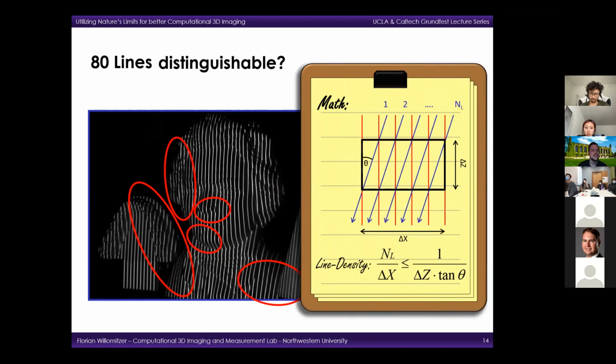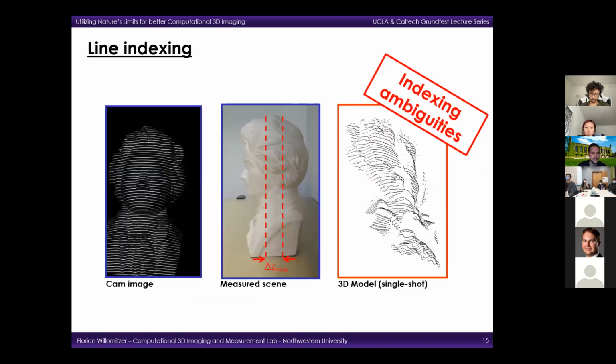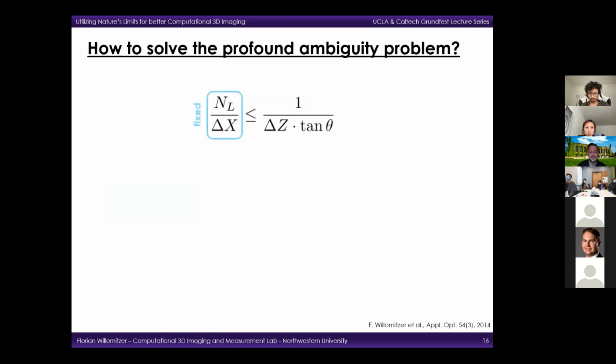But we can already see that this is not possible because we have an uncertainty relation. What happens if we ignore this relation and project too many lines on purpose, we see on this slide. The unique measurement range shrinks and we get these typical indexing ambiguities that can be seen as jumps in the data. This ambiguity problem bothered us for a very long time. If we revisit our uncertainty relation, we see exactly what I just said: for a fixed line density, we ideally want both of these yellow quantities as high as possible, to get correct indexing and high precision.